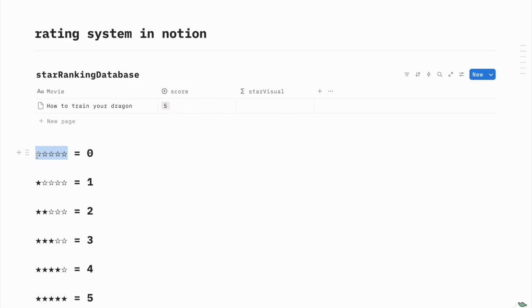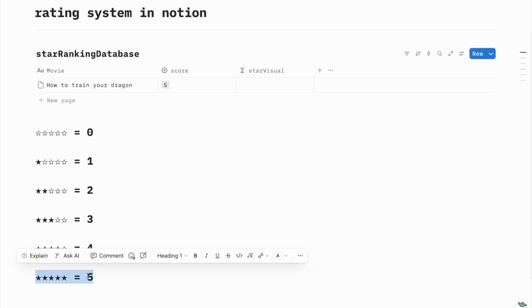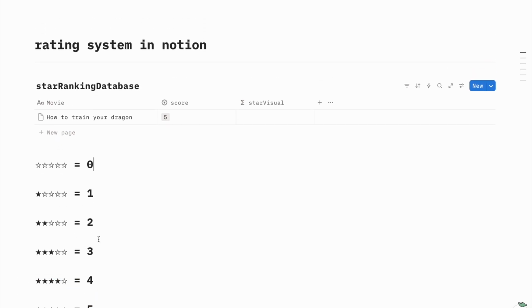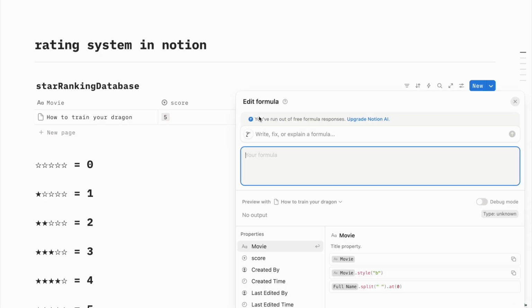So if I copy this here, the way we need to write this formula is we want to say if score is 5, for example, I want to show this visual down here, and then the rest for all of these. So what we're going to use is if statements. So if you click on the formula,